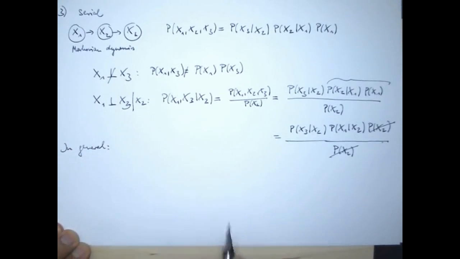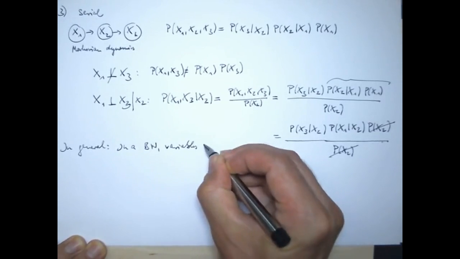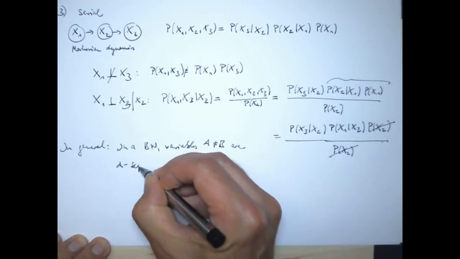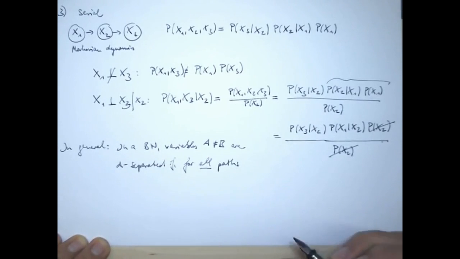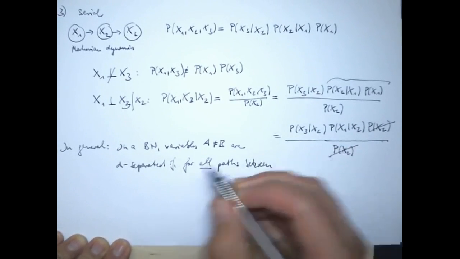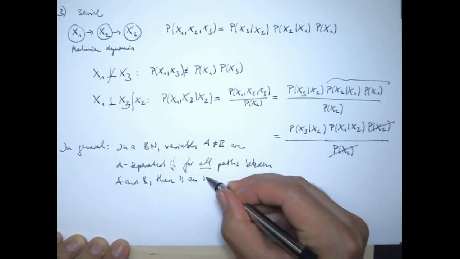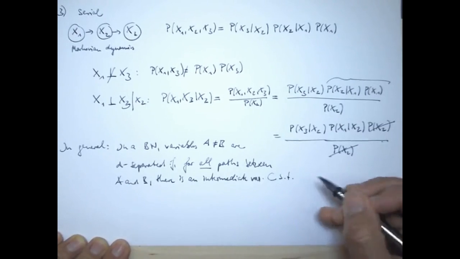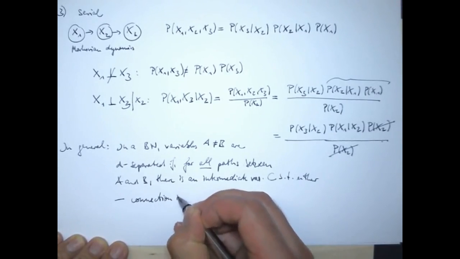And by studying motifs like this, you can make the following general statements. Namely that in a Bayesian network, some variables A and B who are not identical are d-separated if, and that's important, the following statement holds for all paths, that for all paths between A and B there must be an intermediate random variable C, such that one of the two conditions holds, either the connection is serial or diverging,